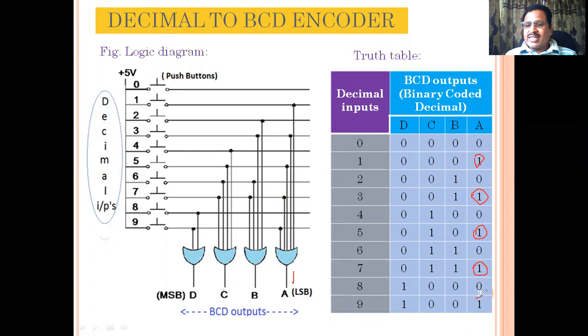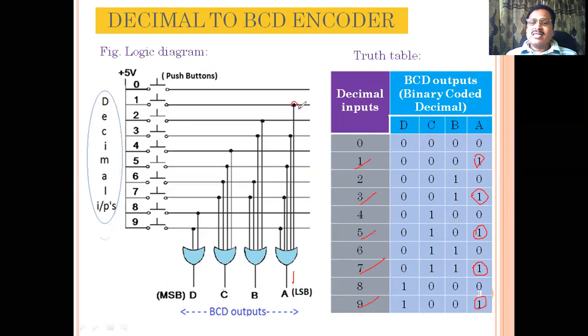So you find that for 10 input decimal digits, 5 times the A binary bit becomes high. When the decimal input is 1 or 3 or 5 or 7 or 9, it is selected. So in between, OR means what? You have to connect decimal number 1, decimal number 3, decimal number 5, decimal number 7, decimal number 9 at the input. Here as shown in the figure, for the connection a dot is placed.